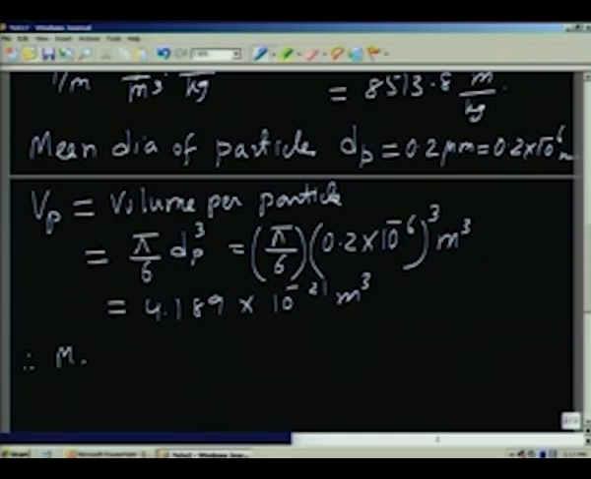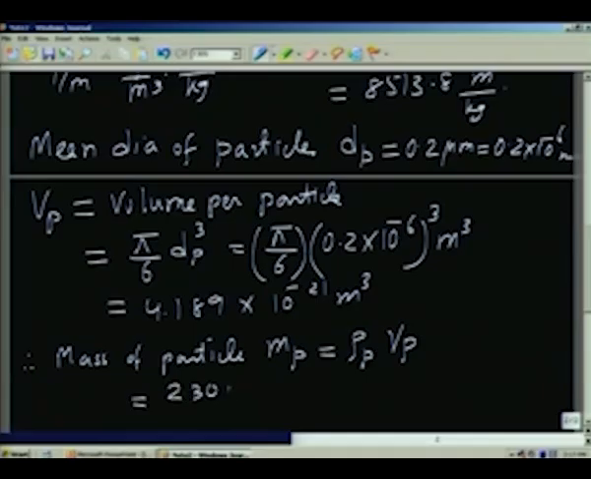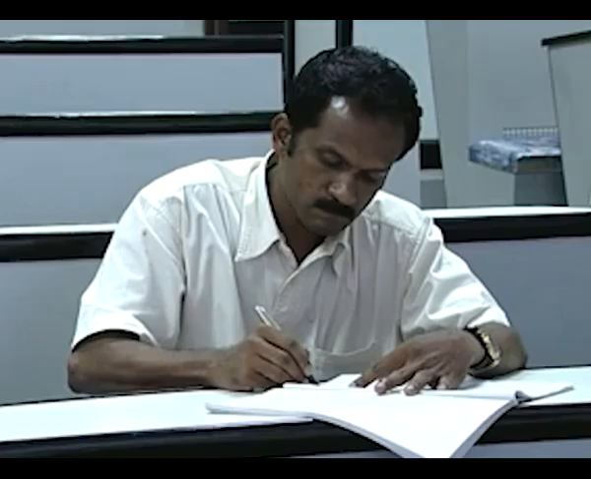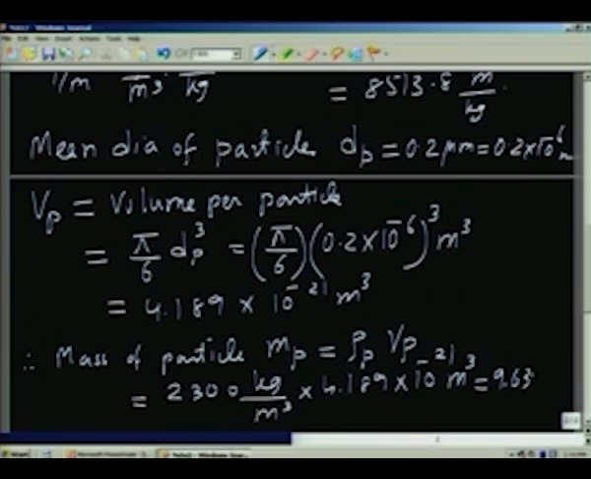Therefore, mass of particle MP is rho of the particle multiplied by Vp, and rho is given as 2300 kilograms per meter cube for carbon multiplied by 4.189 into 10 to the power of minus 21. This will be meter cube. So, that will give you the mass of each particle, which will be 9.6342 into 10 to the power of minus 18 kilograms. So, we are talking about very small mass for each particle,